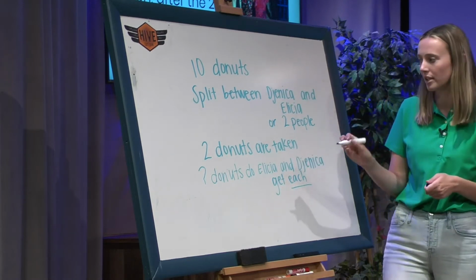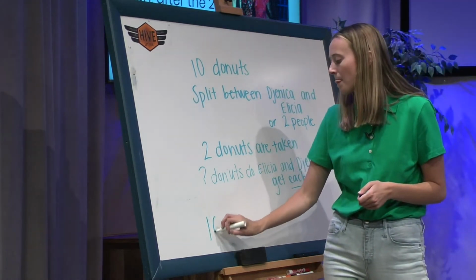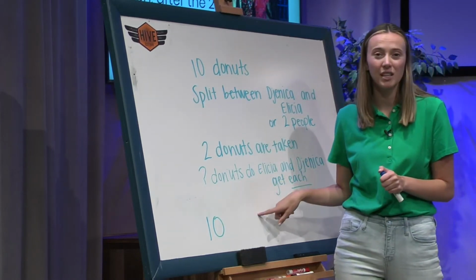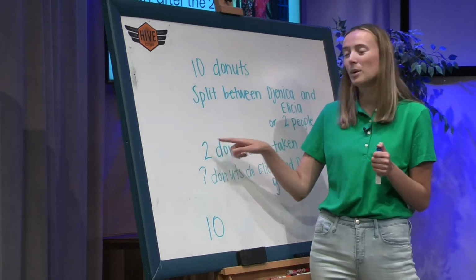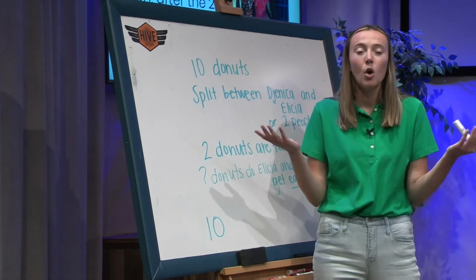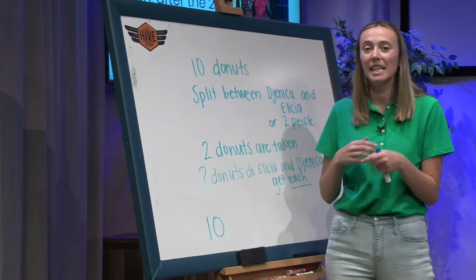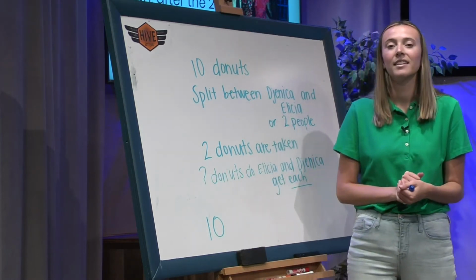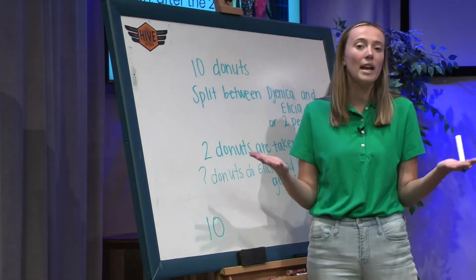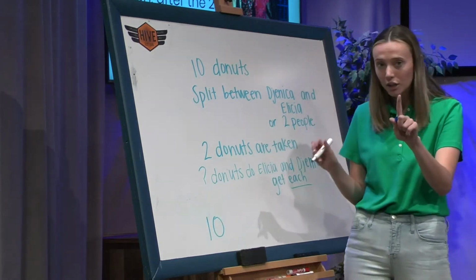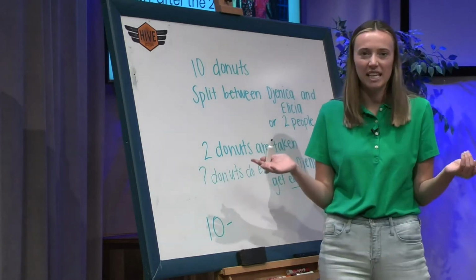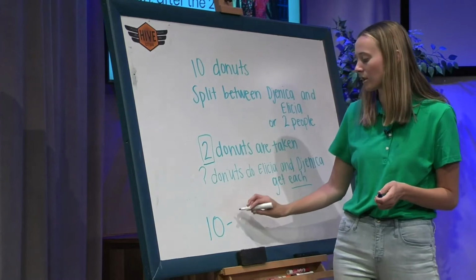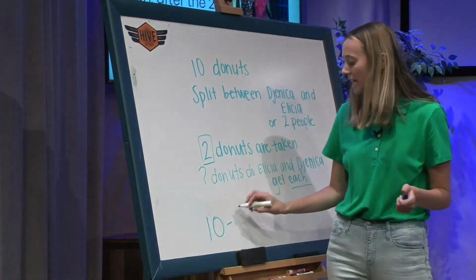We start with 10 donuts, right? Now, do we want to split them evenly first? Or do we want to take away 2 first? What happened first? Did they split them? Or did they get them taken away? Right, they got them taken away first. So we need to first take, how many did they get taken away? 2 donuts, right? 2 donuts taken away. So we're going to do 10 minus 2,